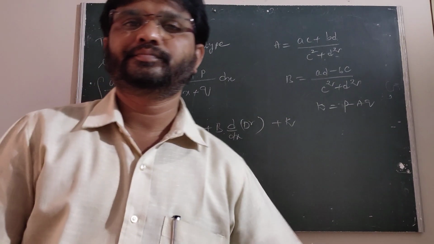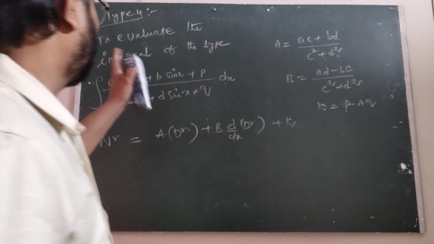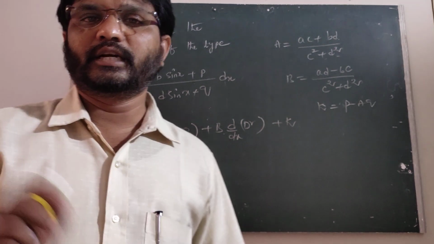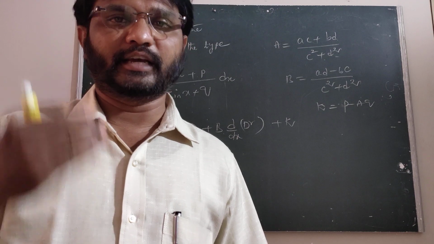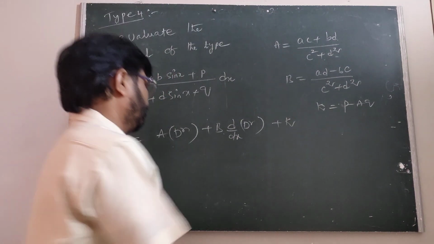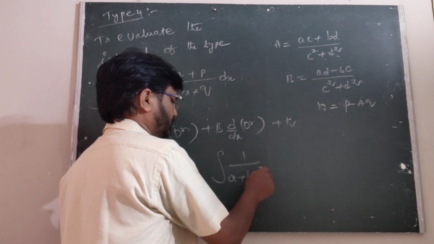Hi everyone, good morning. Today we are going to discuss type 4. Yesterday we already discussed type 1, type 2 and type 3. Type 1 is of the form 1 upon a plus b cos square x